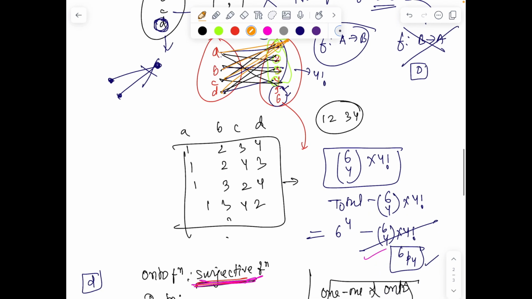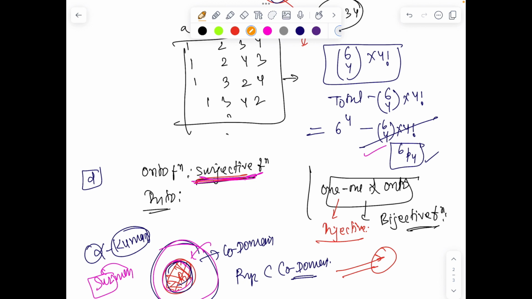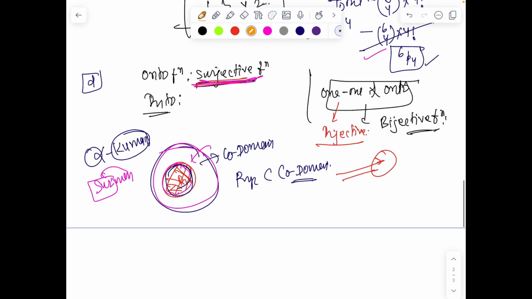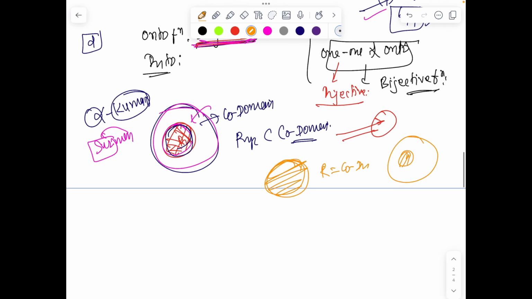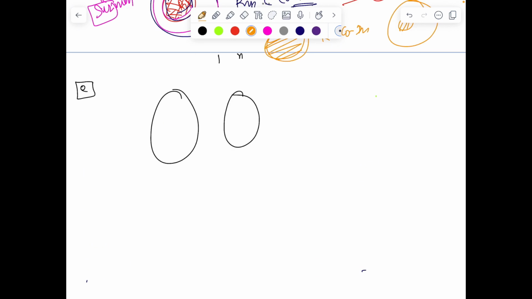आई होप इट्स क्लियर। सो कोडोमेन इज ड्रीम, रेंज इज रियलिटी, and you know reality will always be a subset of the dream, or it should be at least, okay. And when dream meets reality we call the function is onto, और अगर आपका reality dream के सबसेट में है तो उसको into बोलेंगे, वेरी वेरी सिंपल। तो ऑन टू हो गया, रेंज और कोडोमेन दोनों मैच कर गया, रेंज इक्वल्स कोडोमेन एंड इनटू फंक्शन इज when range is a subset of codomain, ठीक है।